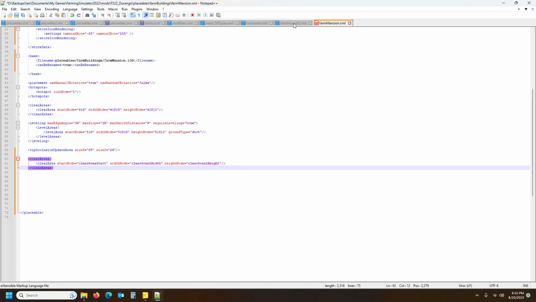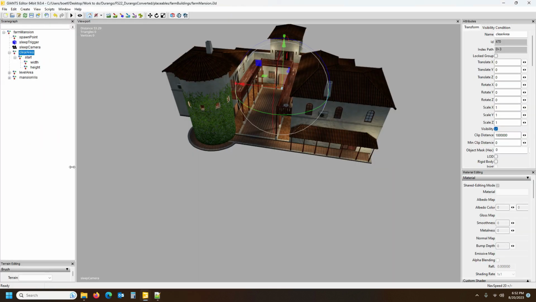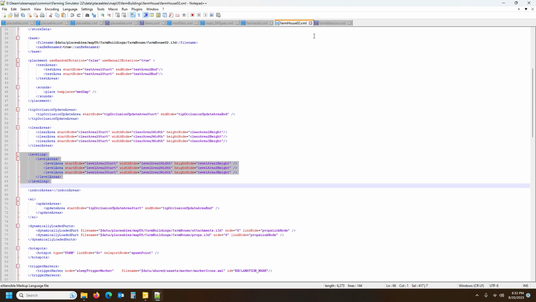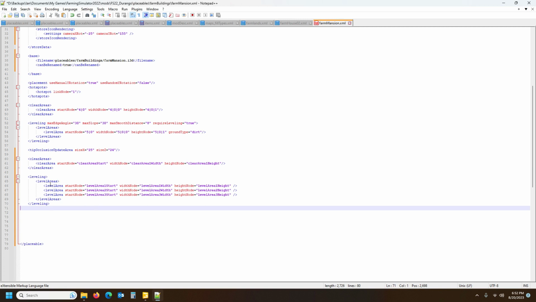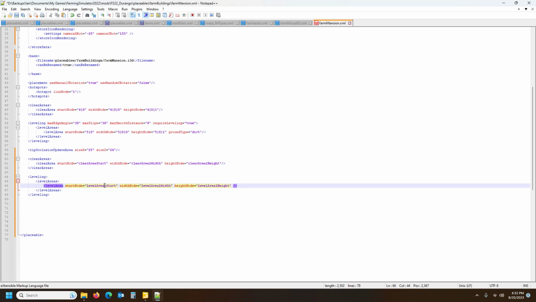Alright, so that's alright for the clear areas. Leveling areas, just make sure, keep forgetting what it is. There is a level area, and the same drill with this, start, just one of them. So leveling we'll bring over, Control C, in here, Control V. Level area, the other two we can delete. Level area start, level area width and height. Alright, so that's the three we have. Next up,